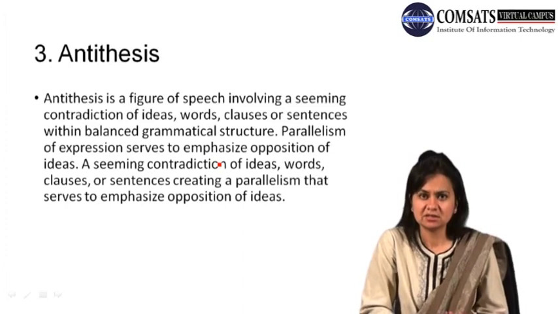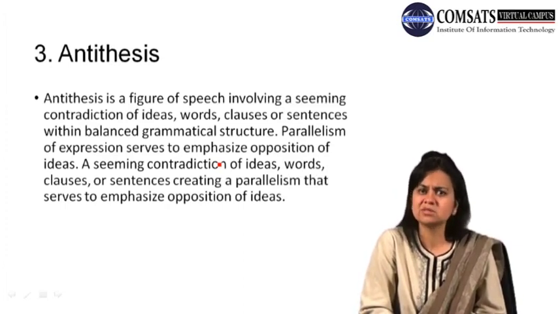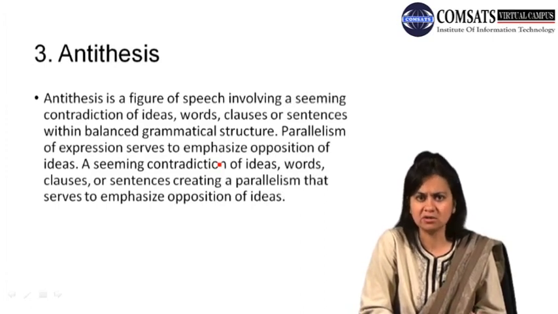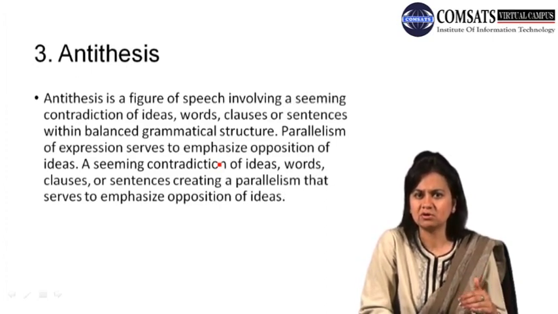Now, the third and the last sort of semantic irregularity or the figure of semantic irregularity is antithesis. Antithesis is the simplest of all these 3 types, from paradox and from oxymoron, because antithesis does not exist either in the 2 words which are contradictory like a paradox, nor does it exist in a fuller statement. But antithesis is the presence of opposite words or the contradictory words in a close proximity within a few lines. For example, in poetry, the example that we looked at in the last few